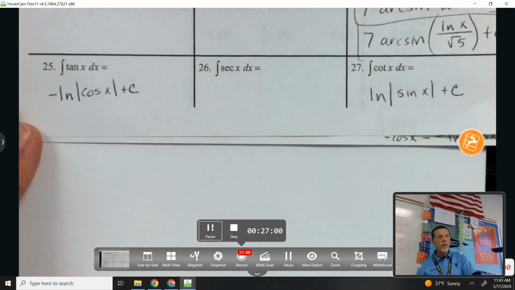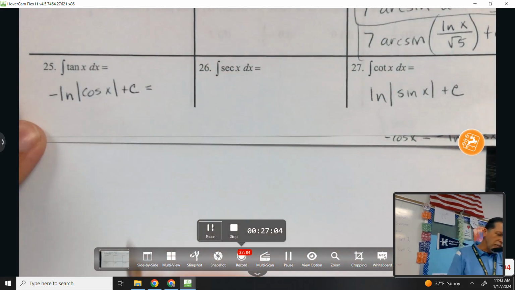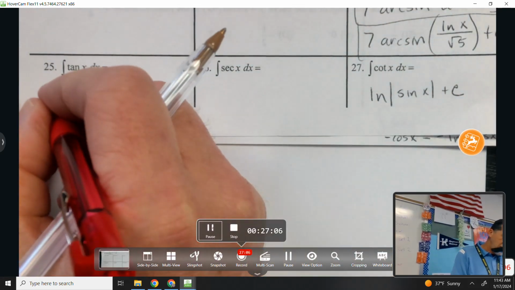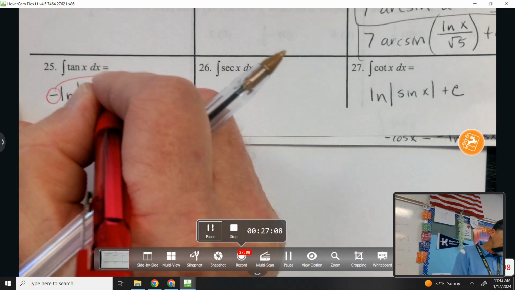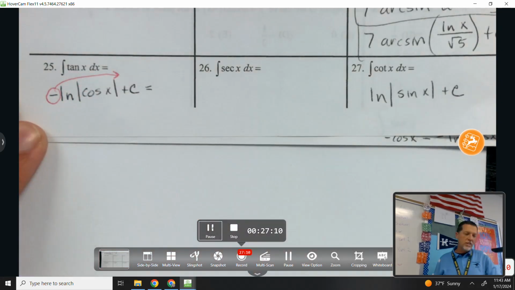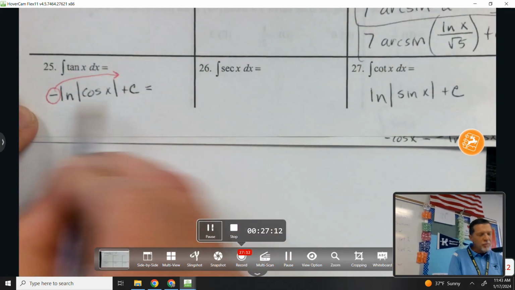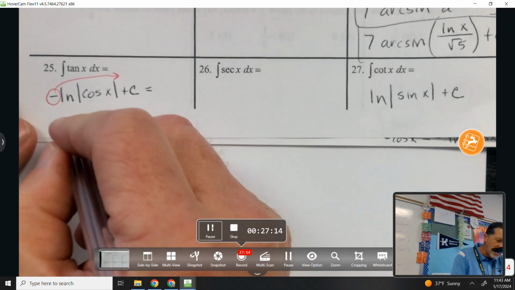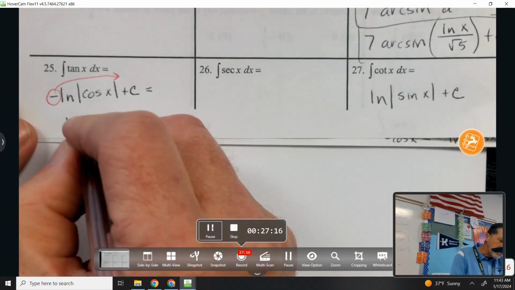Wait, before you turn the page, 25 is covered in a different video, but because you might see it again, let me remind you, properties of logs. This is a perfectly good answer. No one would change that. But if we wanted to be creative,